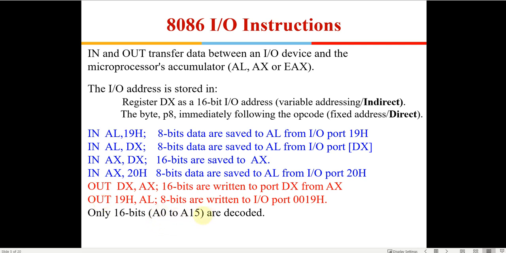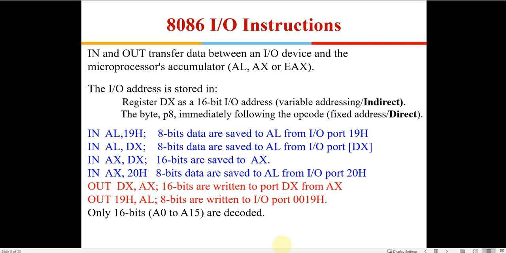Only A0 to A15 will be used for decoding and selecting the IO device. That needs to be remembered, unlike a memory operation where all the 20 lines are decoded. For IO operations only 16 address lines are decoded.